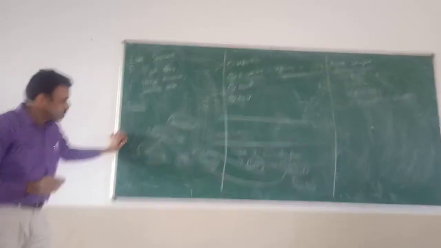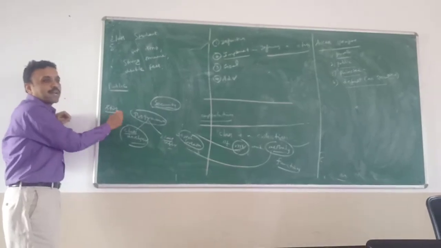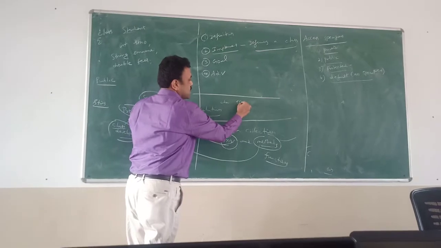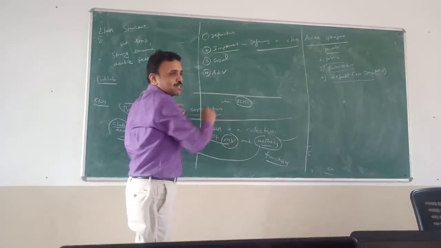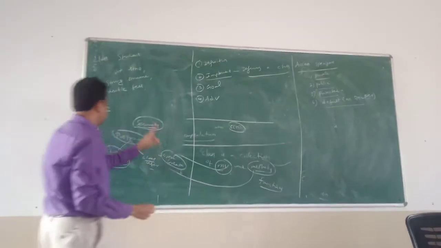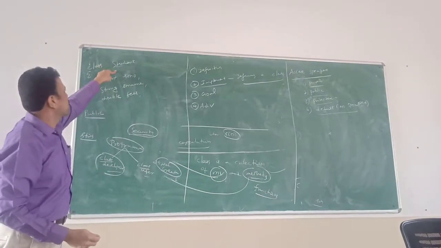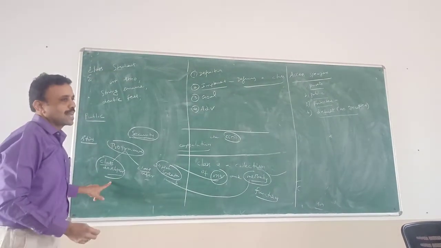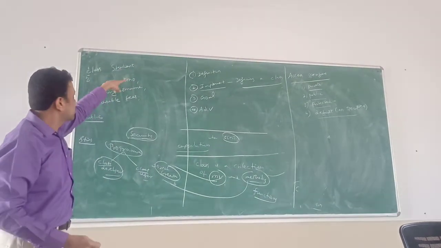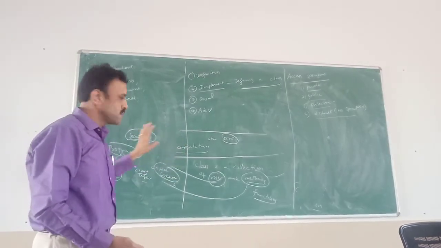For example, string or array of characters is already defined as a class. We just create the variable for that and do so many operations on it. So when we are using this, we come under class user. Who has defined it already is a class developer. Same way, a programmer who defines this class is the class developer, and the programmer who creates object for this class and performs various operations is a class user or object creator.